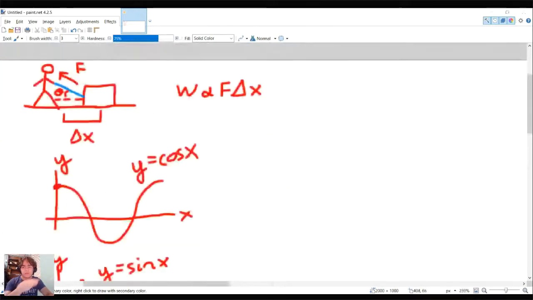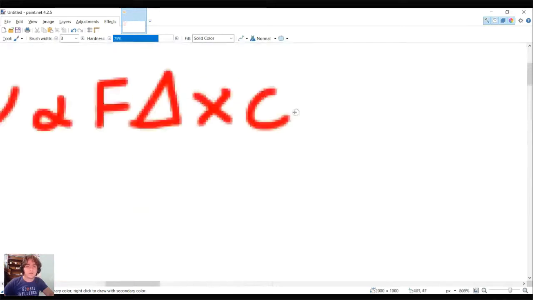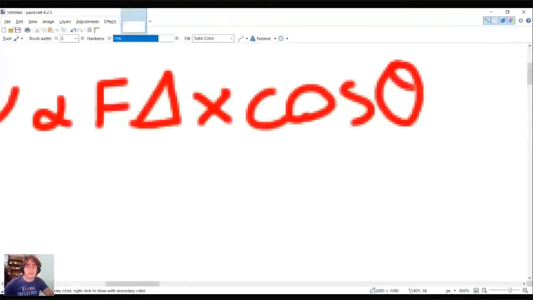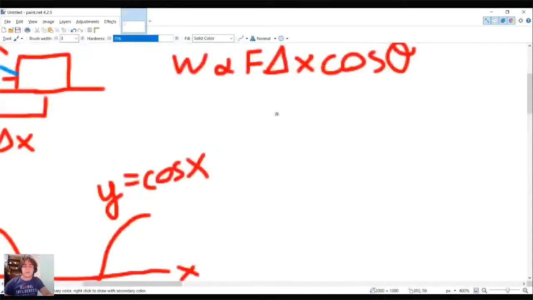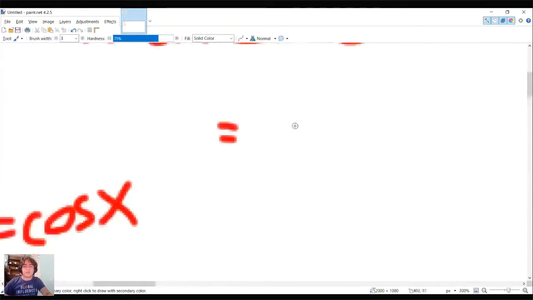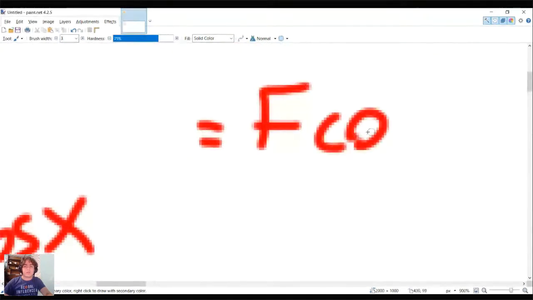So for some vector identity reasons, we tack on a cosine theta here. I wish I could better explain it. Basically, the whole point is that we tack a cosine theta onto one of those values. So if we rewrite this as f cosine theta